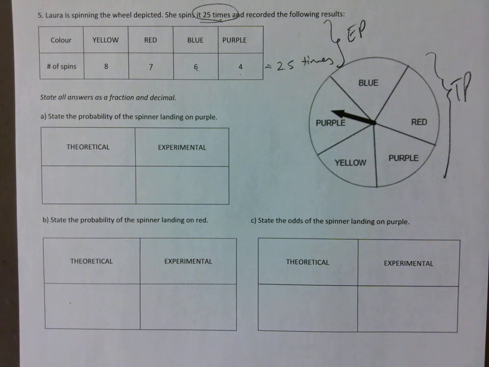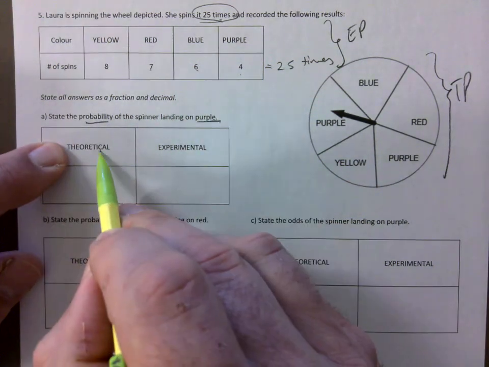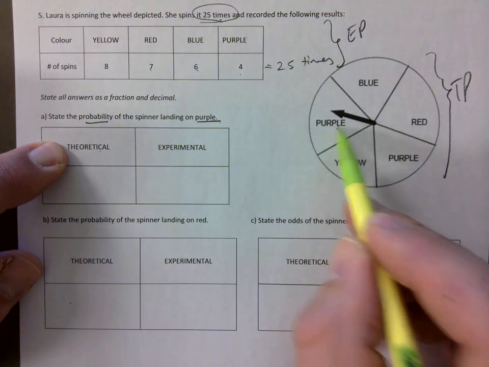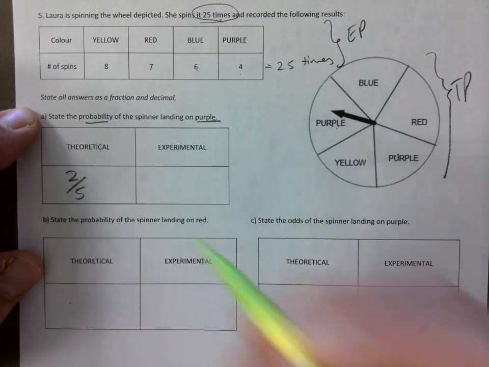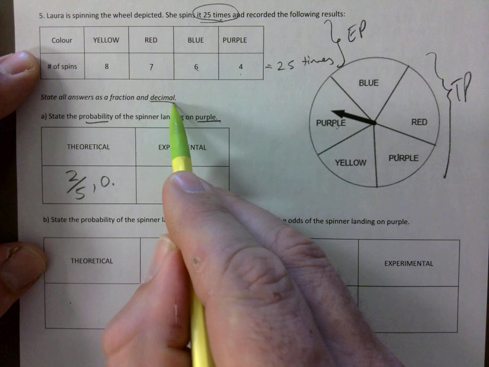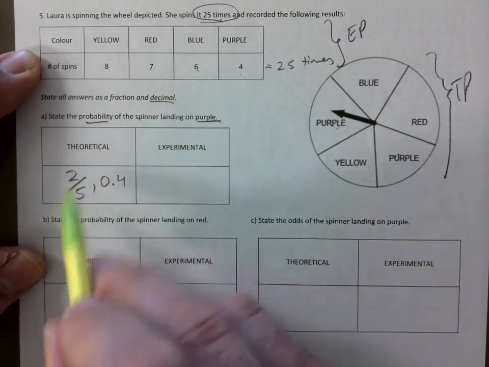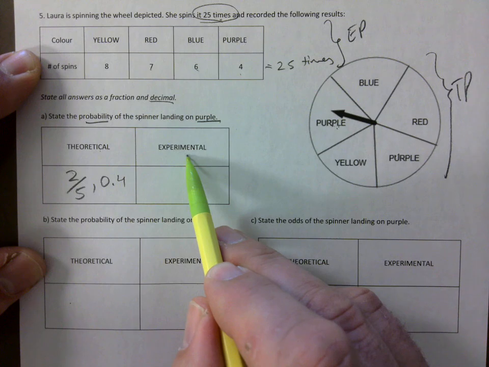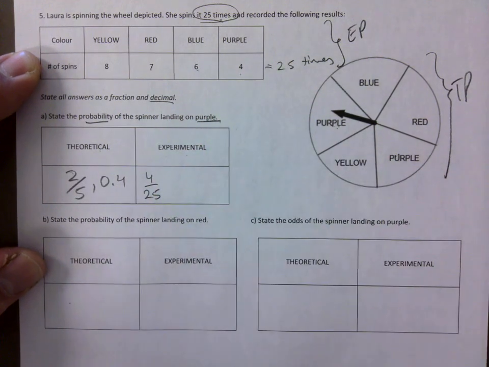Okay, so here we go. The probability of the spinner landing on purple, theoretically speaking, is 2 out of 5. Oh, it says fraction and decimal. Okay, it does say that here. So that'd be 0.4. So 1 mark for that. Experimental, purple: there's 4 instances out of 25. And that would be